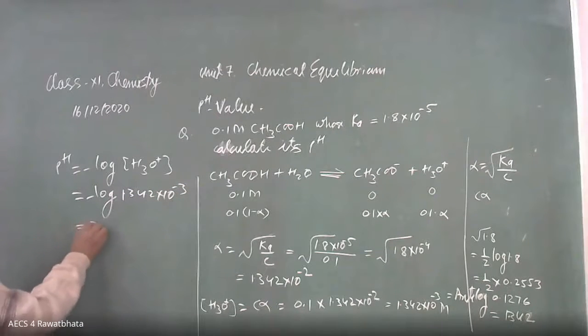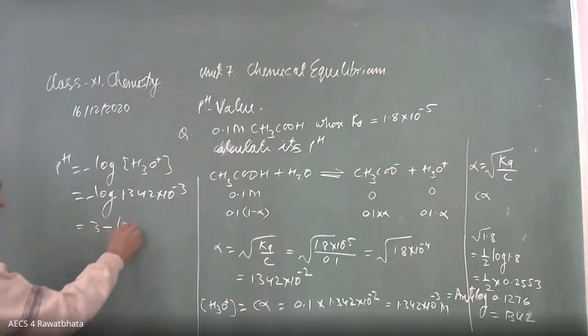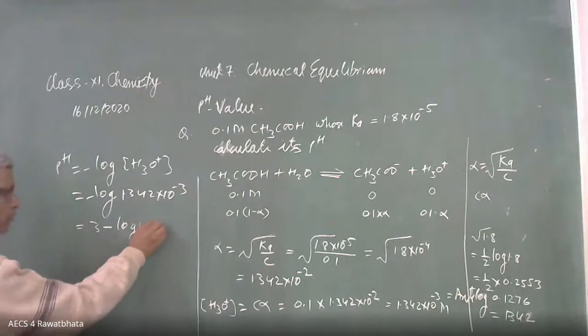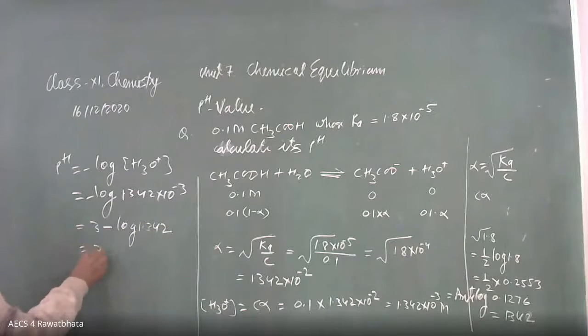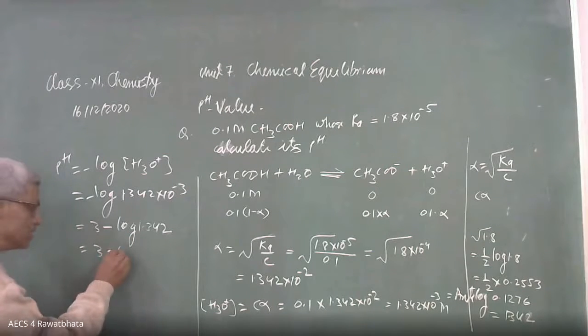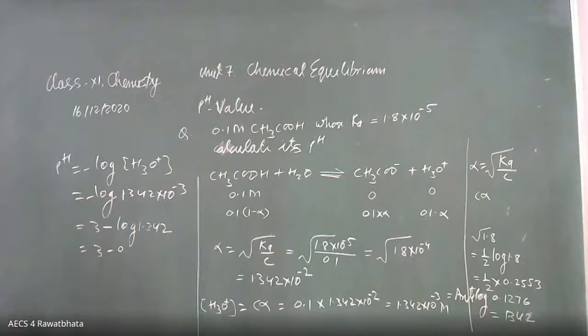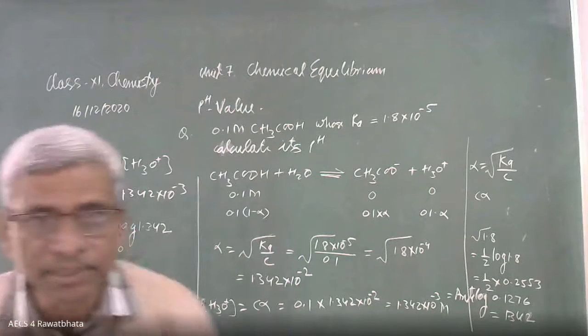This is equal to 3 minus log 1.342. This is equal to 3 minus, yes, beta. Whole number is 1 digit, that's why characteristic is 0, 0 point. Now we look at 13 in column 4, after deciding the characteristic, here 0. Forget this decimal point, its role is over. Now 13 in column 4, yes, beta.